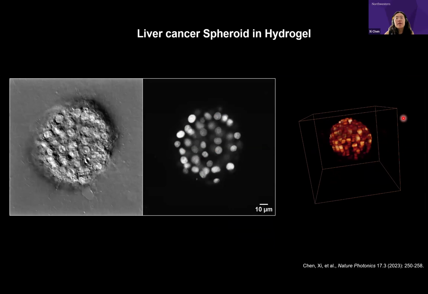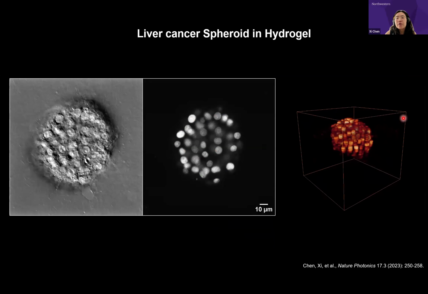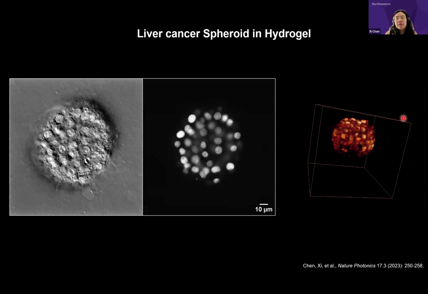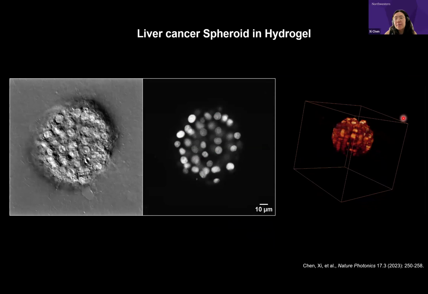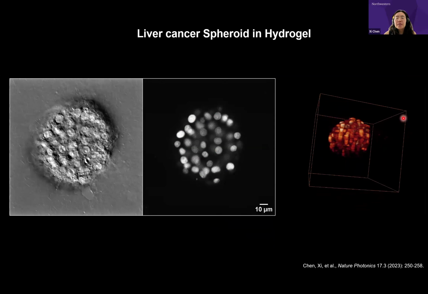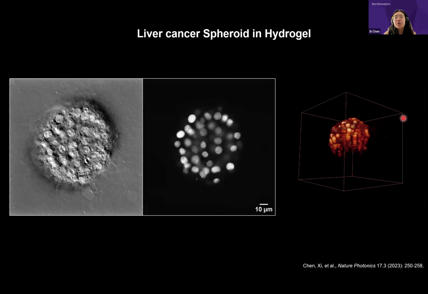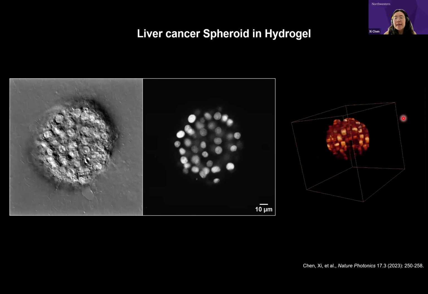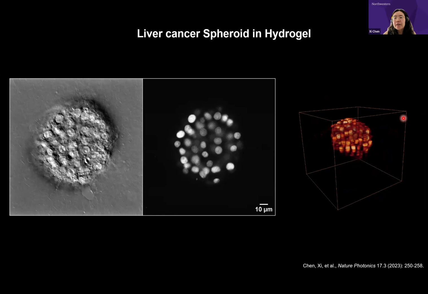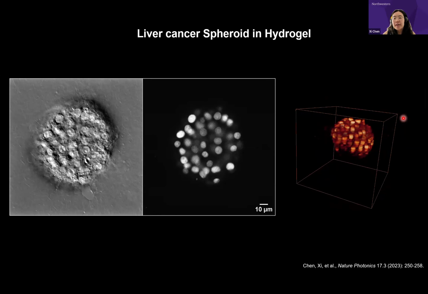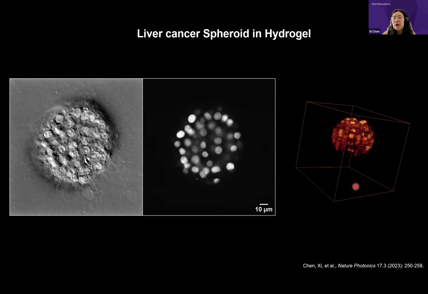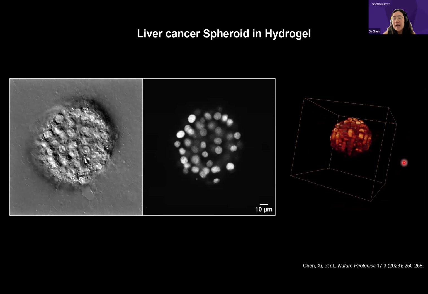The network that we trained on used spheroids in PBS, and those are pancake shaped. It's not very spherical, but when you put the spheroid in the hydrogel, they will tend to grow into a more spherical shape. We never trained the network on the samples that grow in the hydrogel. However, our network can still pick up this spherical shape of the spheroid that grows in the hydrogel.